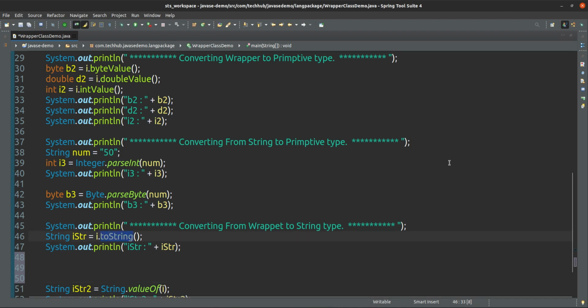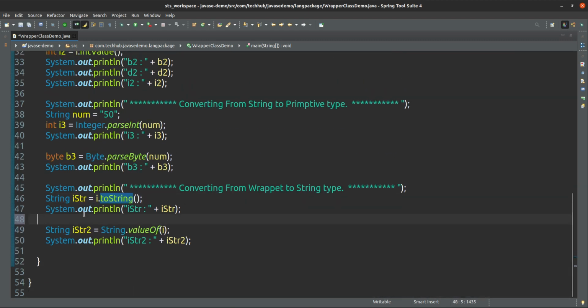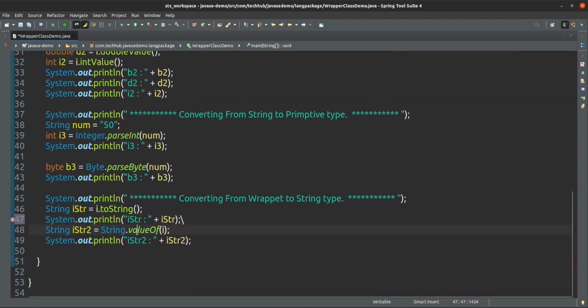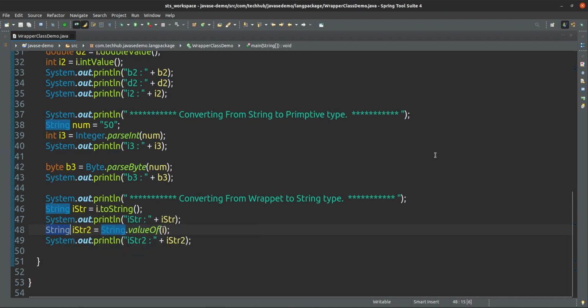We can apply the toString method directly. That is very easy. Or else we can convert using the valueOf method. Using this valueOf we can do i.toString, or the String.valueOf static method of the String class we can use to convert into string.